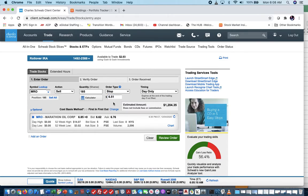So what does this mean? I'm going to review it and then I'll save it. If the market price drops below 651, it's going to initiate a sell market order. So if the price drops below 651, it's automatically going to sell my shares. Effectively, if it happens fast enough, and it should, I should gain about 25%,